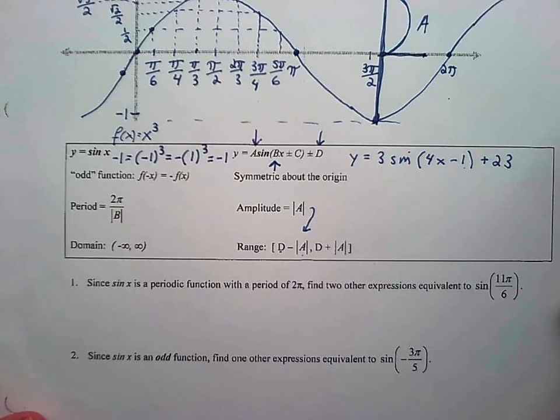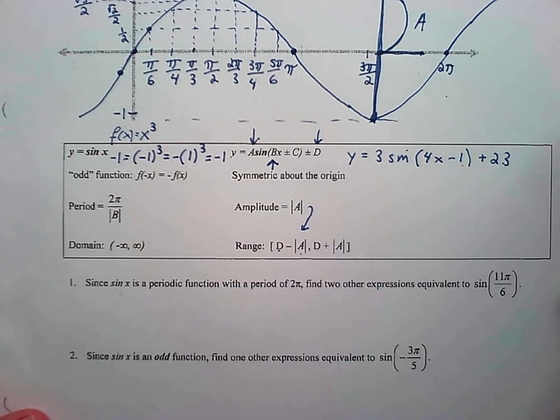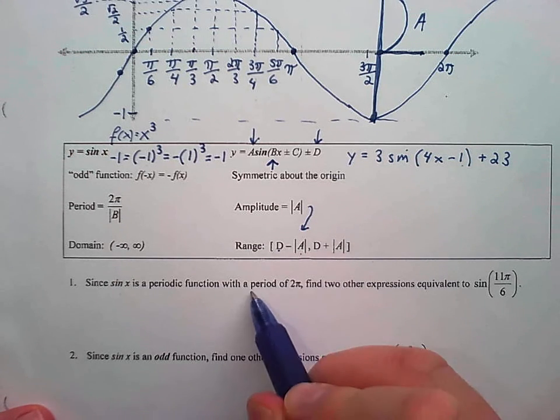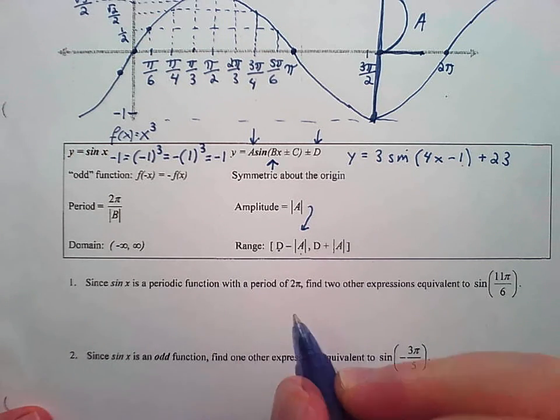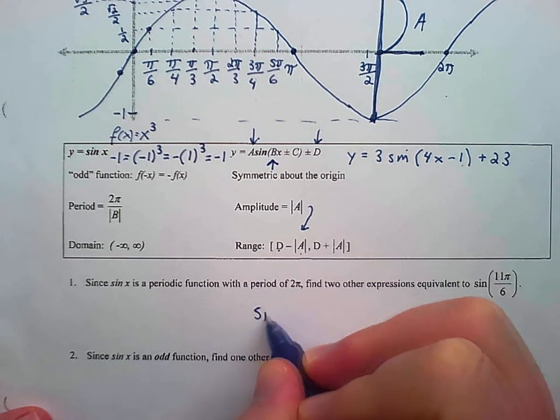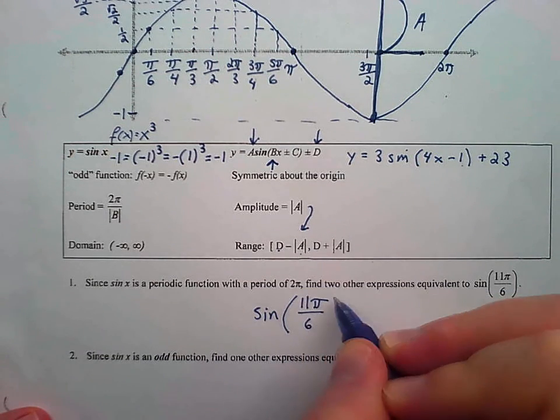And it says, since sine of x is a periodic function with a period of 2 pi, find two other expressions equivalent to sine of the quantity 11 pi over 6. Alright, so we know that it has a period of 2 pi, and we're starting off with sine of 11 pi over 6, and we're trying to figure out two other expressions that are equivalent to this. Well, what we can do is say, alright, we're starting off with the sine of 11 pi over 6,